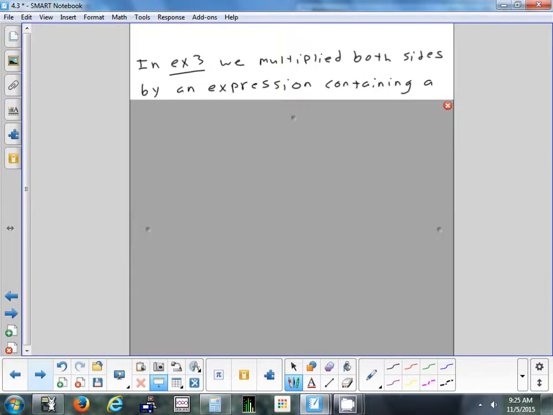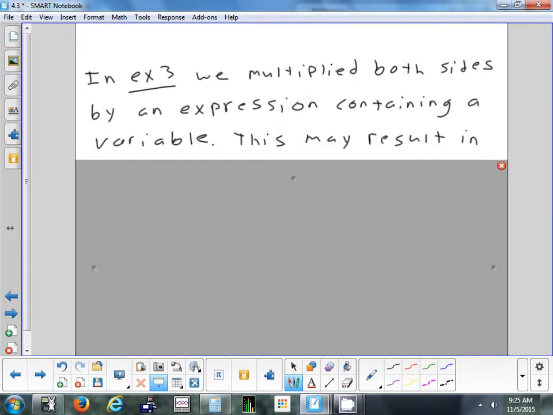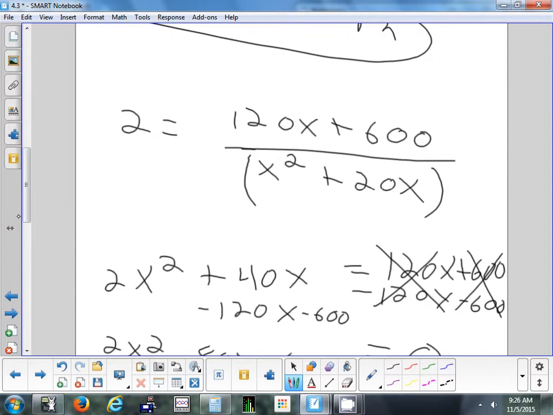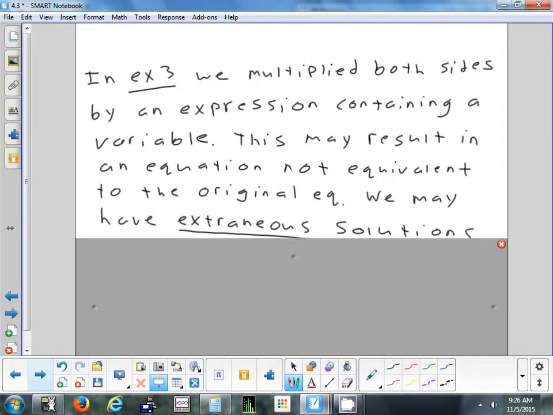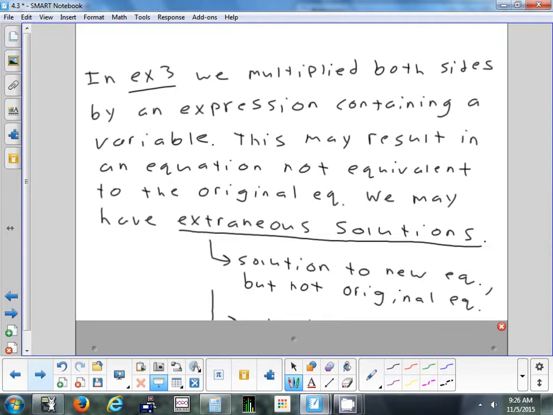Now, we did something in example 3 that we got to be careful about. Okay, we multiplied both sides by an expression that has a variable. I think I multiplied both sides by x squared plus 20x. Anytime you multiply both sides by something that has letters, you can get what's called an extraneous solution. It's not that you did something wrong. It's just that what you might have now is an extra answer that doesn't work. By multiplying both sides by something with letters, you created a new answer that wouldn't work in the original